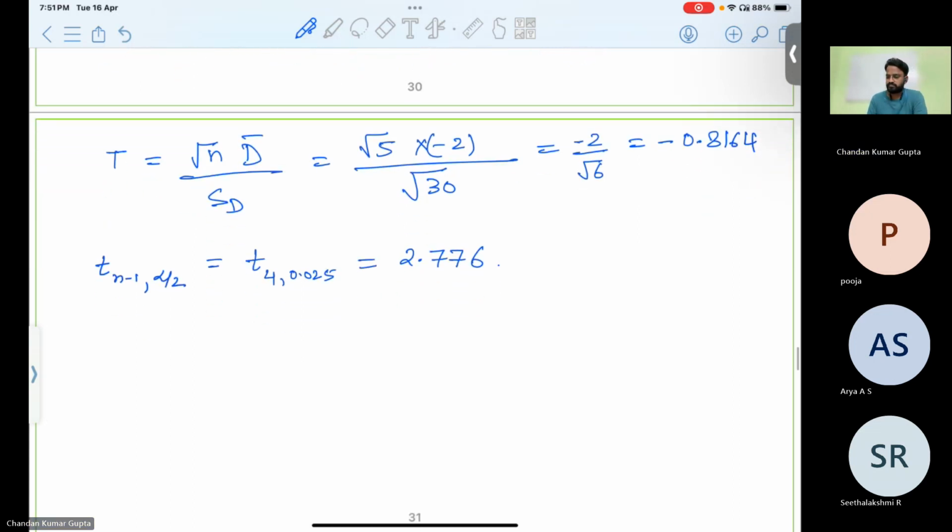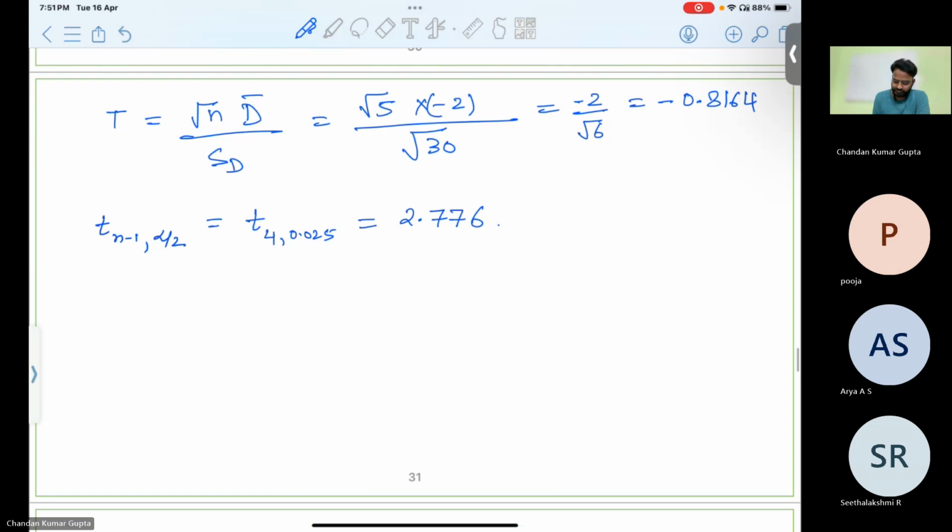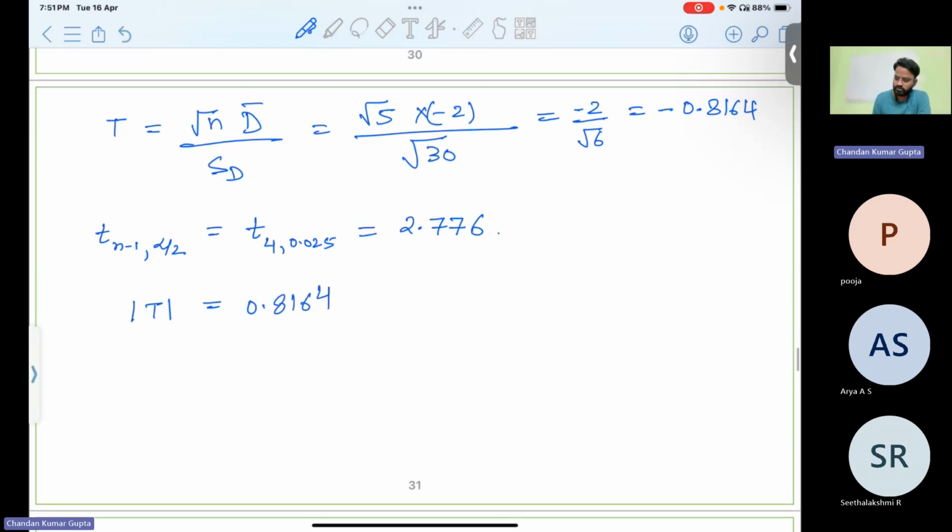Here, the modulus value of t is equal to 0.8164, which is less than the t value at 0.025. So the calculated value is less than this value. That implies